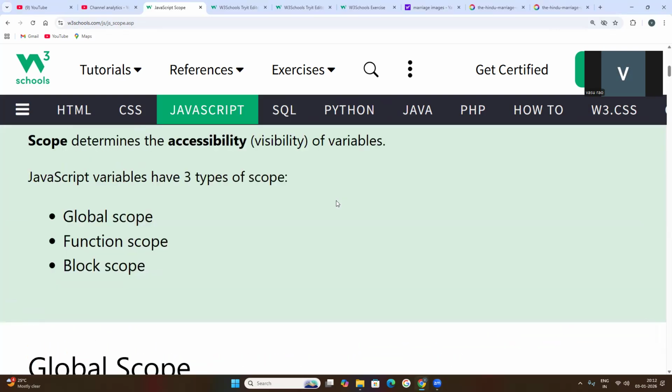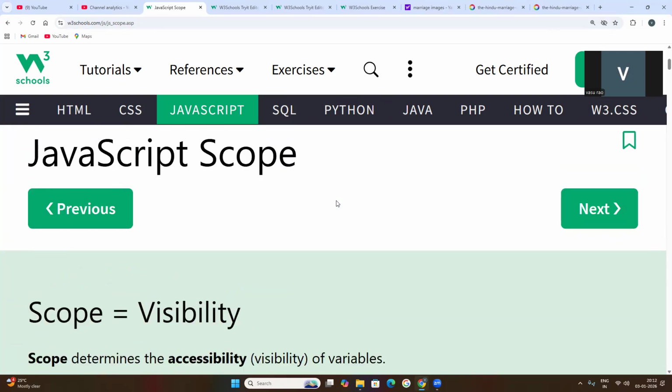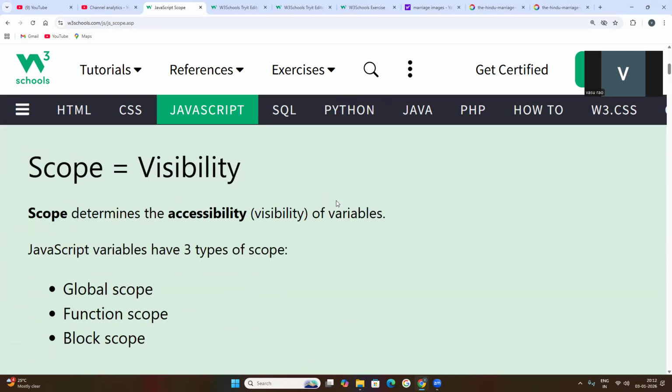Scope is how you are able to access the variables. The accessibility of the variables is called scope, which means visibility.